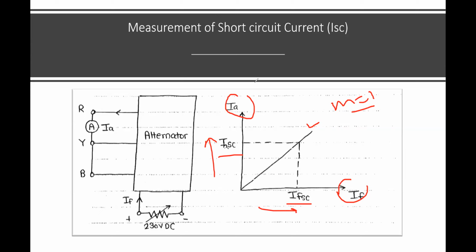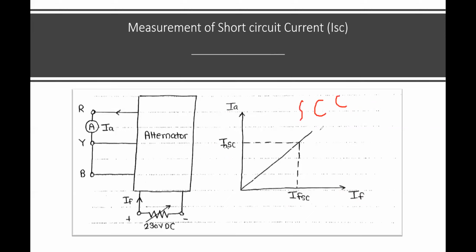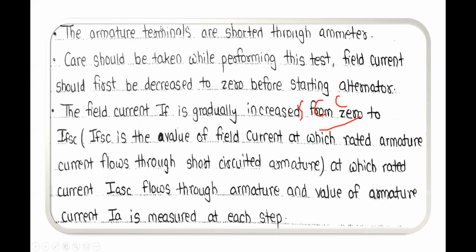As an electrical engineer, your mathematics should be very strong with respect to geometry and the relations between sin theta, cos theta, tan theta. So this is the way we can draw short circuit characteristics. Okay, I hope you understood this. Once we just go through the theory part, in the theory part I will just read 2-3 important points, then we conclude this.